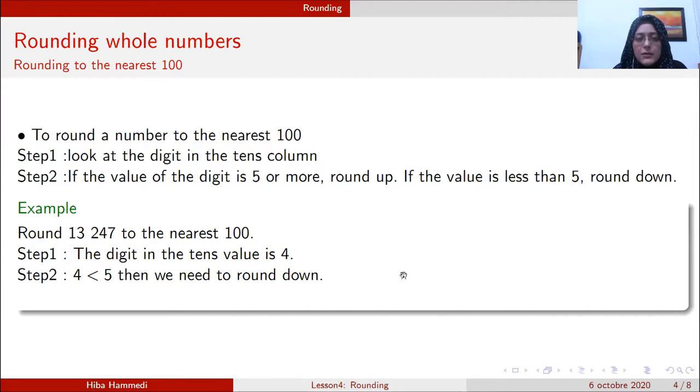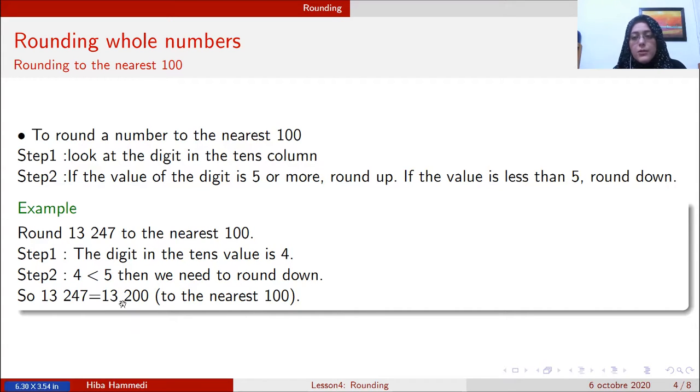Rounding it down means I will write the nearest multiple of 100 that is less than 13,247. So this is rounded to the nearest 100. It should be 13,200. That's it. Let's take another example for you to understand this better. Imagine I have this number, 2,340. Let's take another example,